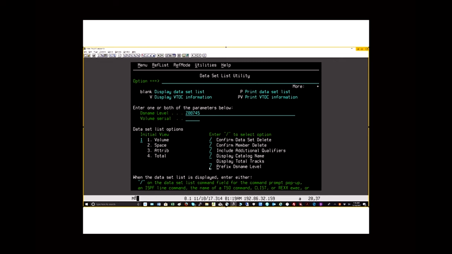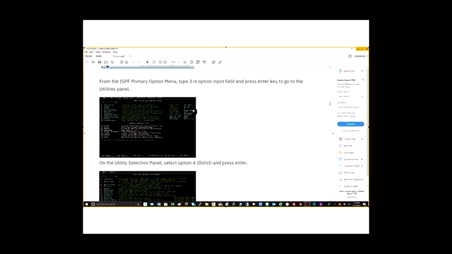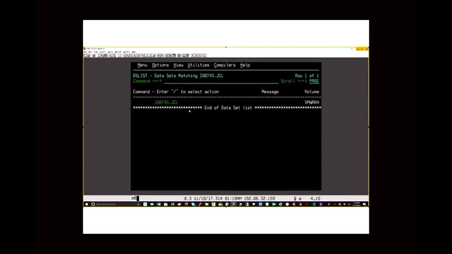When this prefix DS name level is set, that slash is there, it means that I don't have to put my user ID if I want a data set called JCL, for example. There's a data set called JCL. I don't have to put Z00745. All I have to do is put JCL, and it's going to be understood. Let me demonstrate that for you on the screen. So I'll put in what is set there, JCL, press enter. You see I have a data set named Z00745. Okay. Now, let's see if I